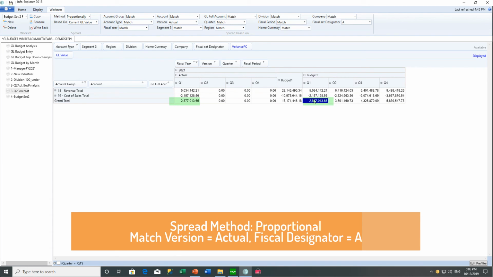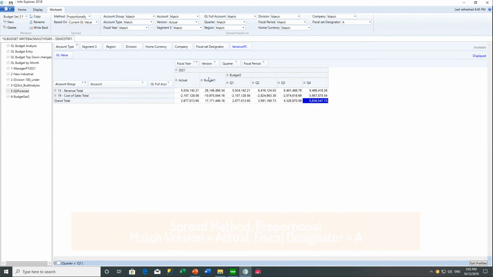Budget to Q1 is the same as actual for Q1. And if I collapse this, I can see that if I don't change my forecast for the rest of the year, even if I meet my budget for the next 3 quarters, I will be below my budget by that amount. So I can come here and work on my Q2, Q3, Q4, see by how much do I need to